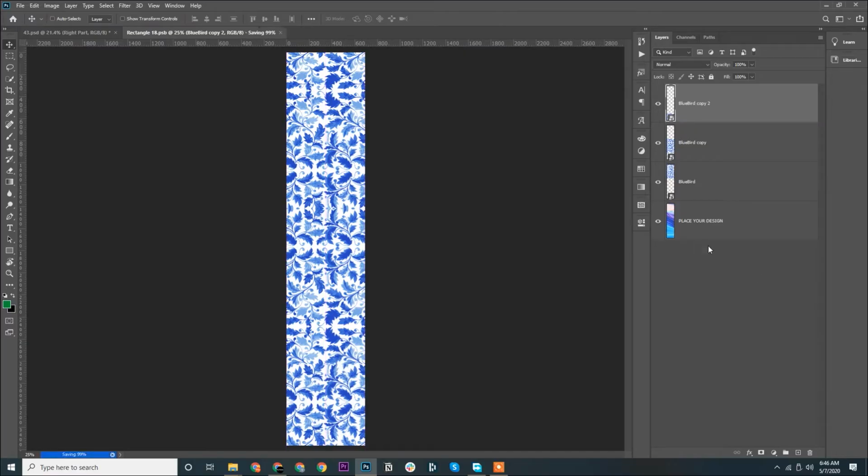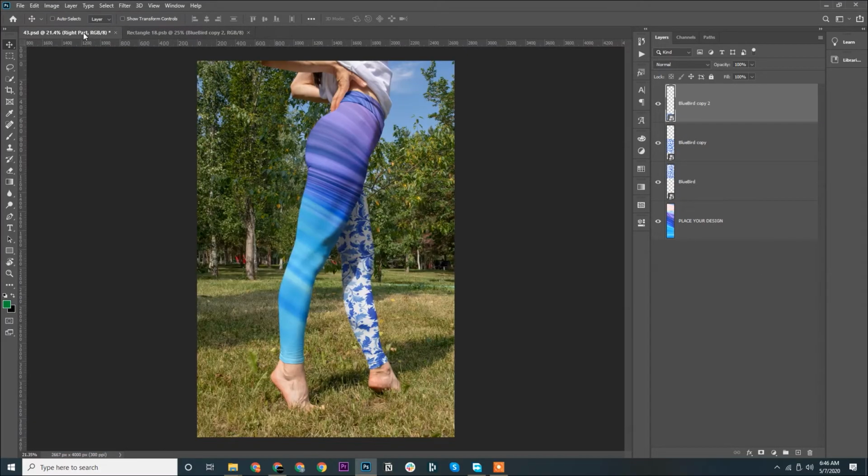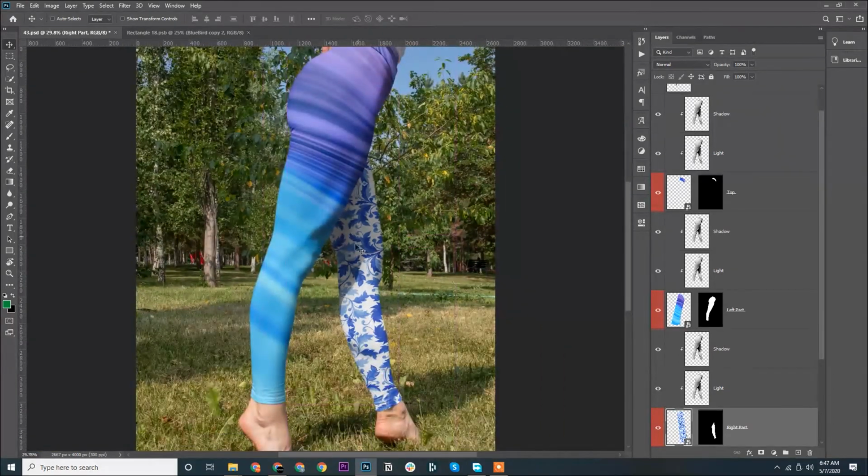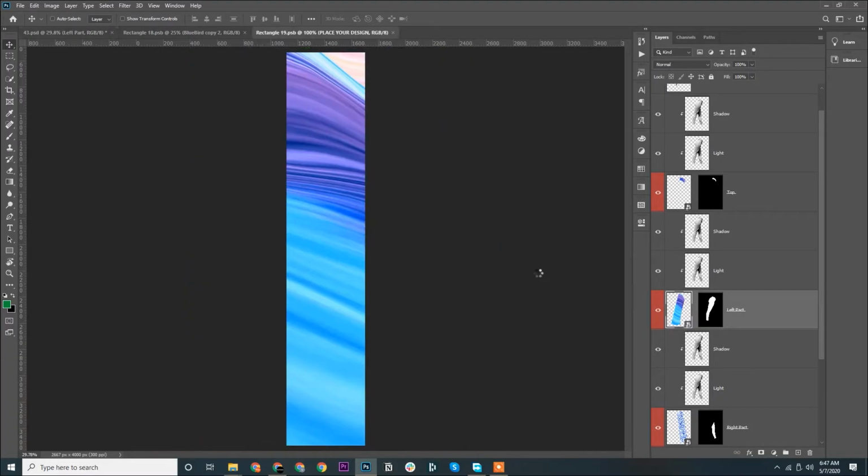All good. Let us look at the part. There you go, so it has been perfectly placed. Let us do the other part as well.